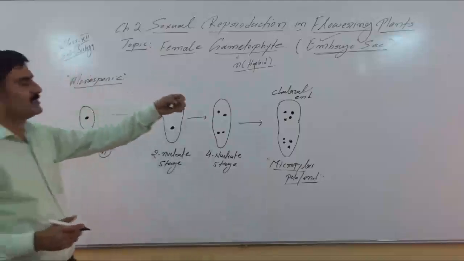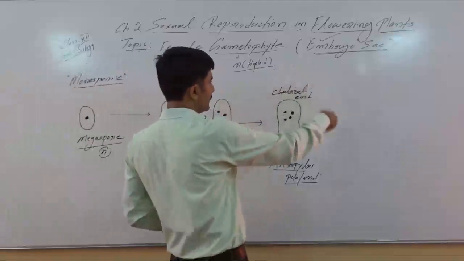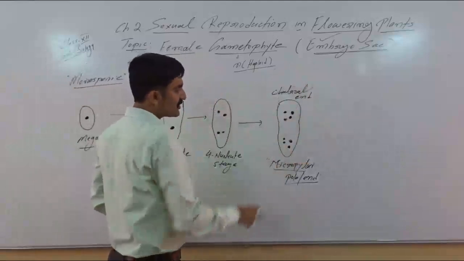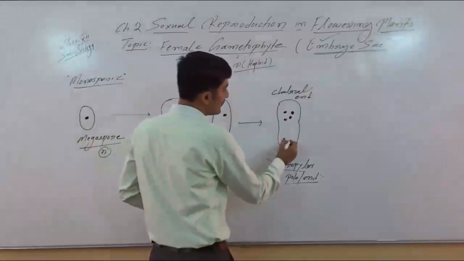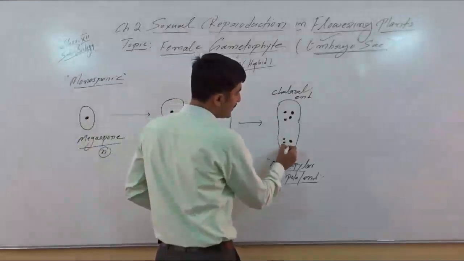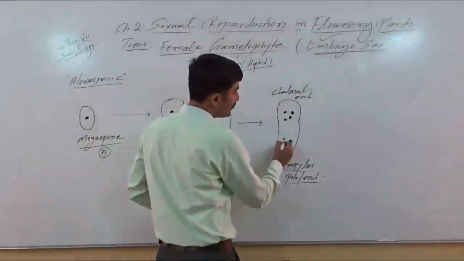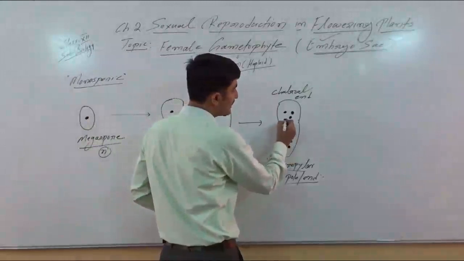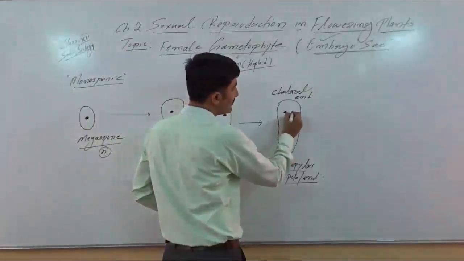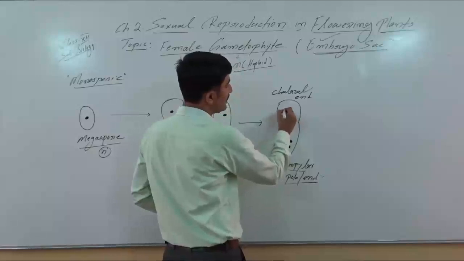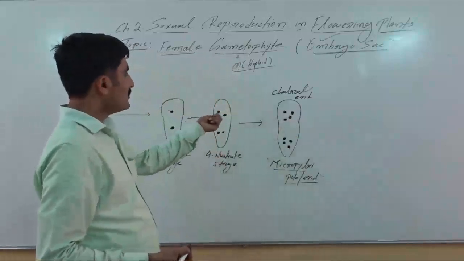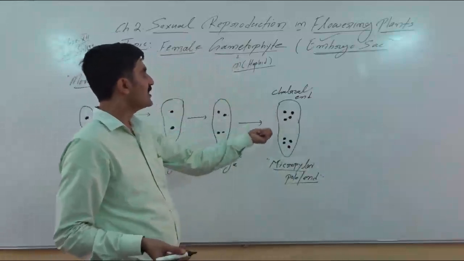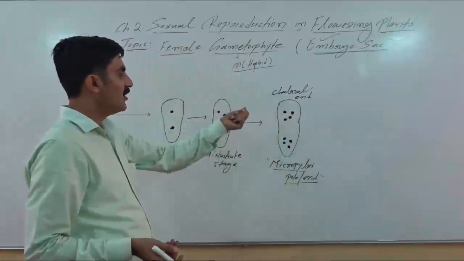Okay, so this is the chalazal end of the ovule, and this is toward the micropylar end of the ovule. Now here we can see due to subsequent mitotic division, due to free nuclear division, means only the nucleus is dividing here. There is no cytoplasmic division. There is formation of 8 nucleate cell. Okay, so this 8 nucleate immature female gametophyte or embryo sac